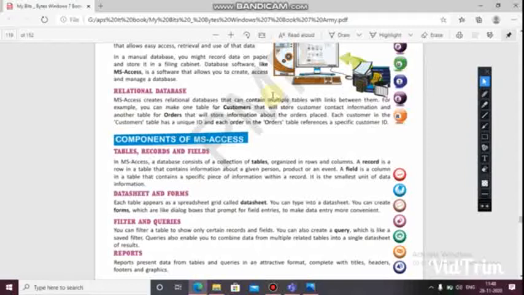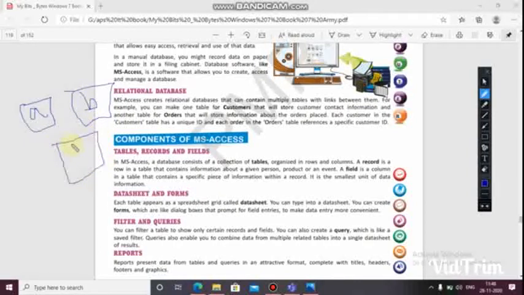So queries also enable you to combine data from multiple related tables into a single data sheet of results. Means if you can see, there is table A, table B and table C. They are all related to each other.